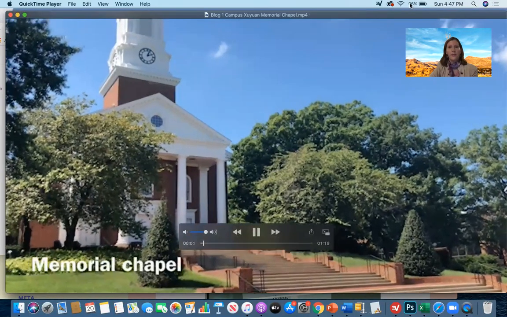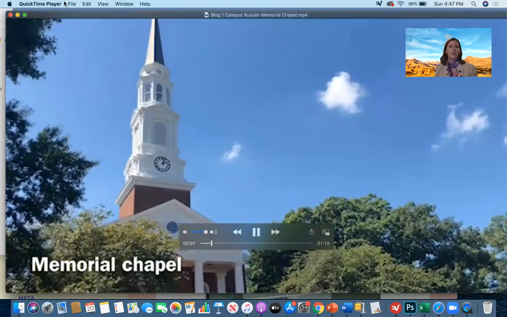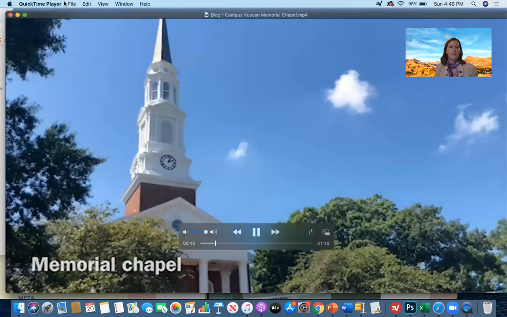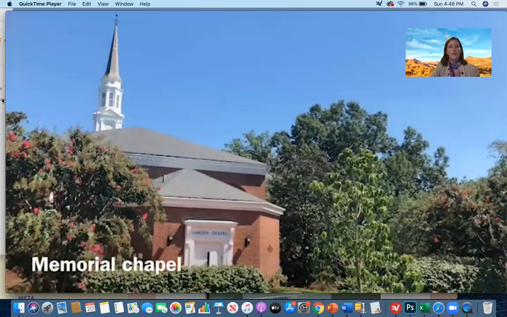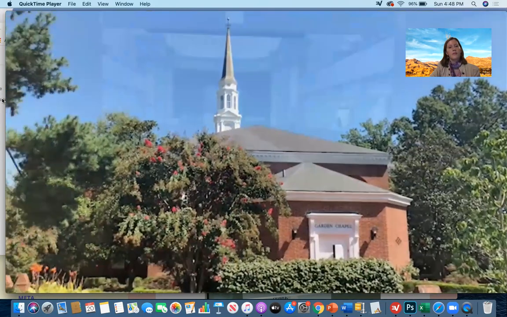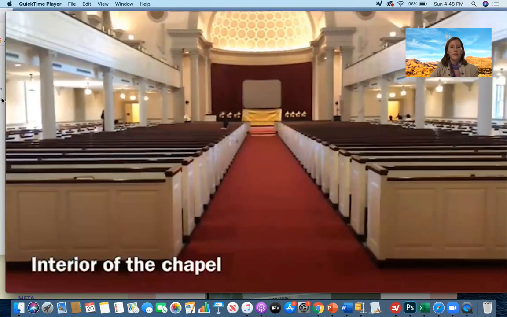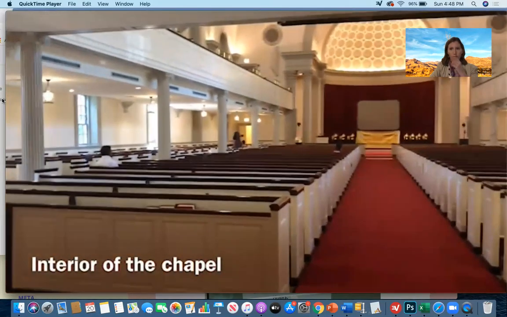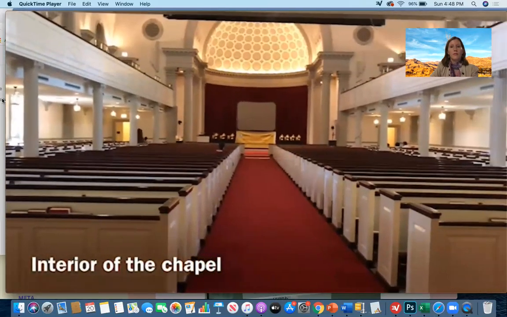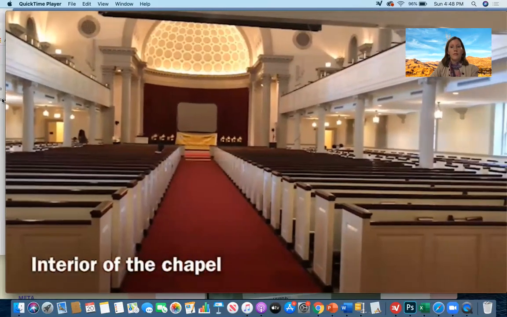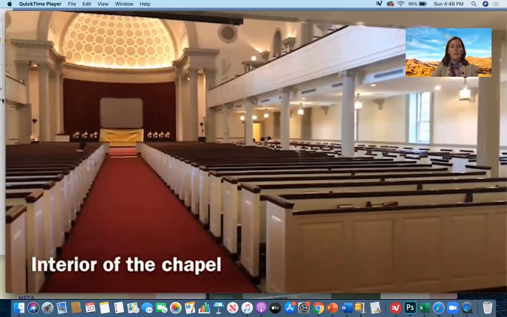The Memorial Chapel is one of the university's most visible icons. It was constructed in 1952 to honor the men and women from the university who lost their lives during the country's wars. The Memorial Chapel is a multifaceted campus facility, serving numerous on and off-campus populations and is home to a diverse range of events. Hundreds of weddings, concerts, lectures, and other special events are held at the chapel throughout the year.